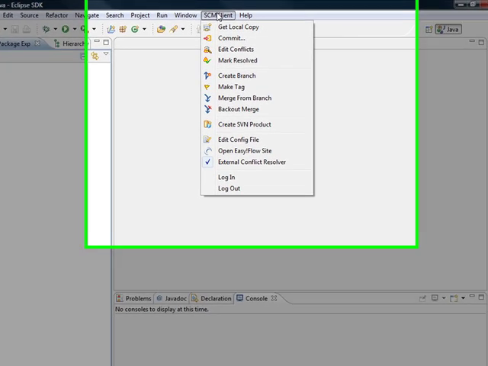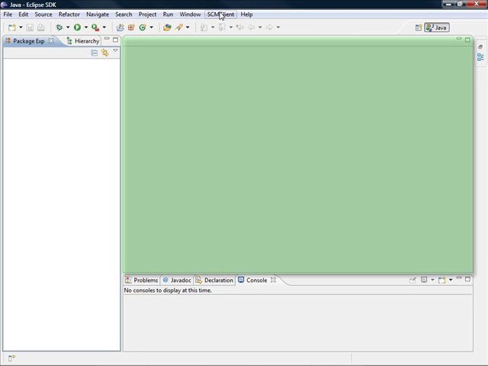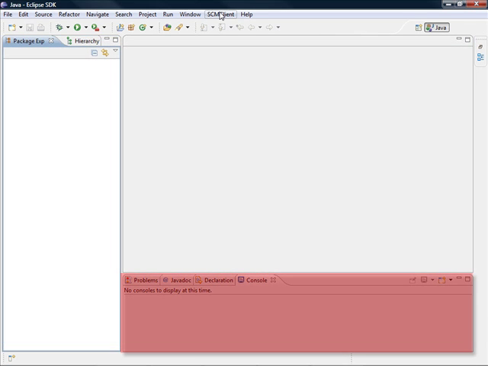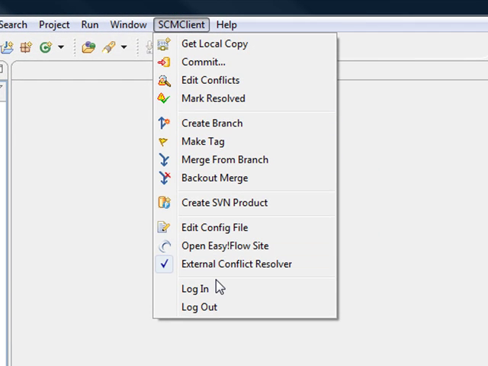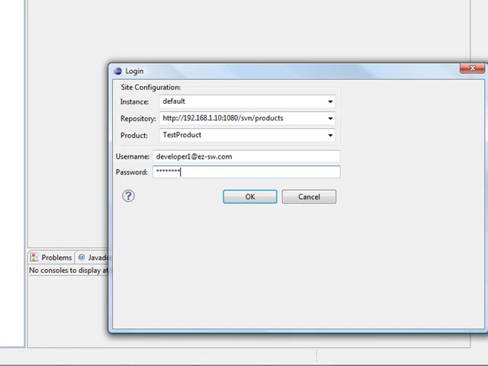The EasyFlow plugin adds a menu called SVN Client. Other than that, Eclipse remains the same. EasyFlow and file interaction are done through the main window. The Package Explorer displays all of the branches and files, and the message window will display warnings, errors, and other messages. To see how EasyFlow streamlines the development process, let's pretend that I am a developer following my normal daily